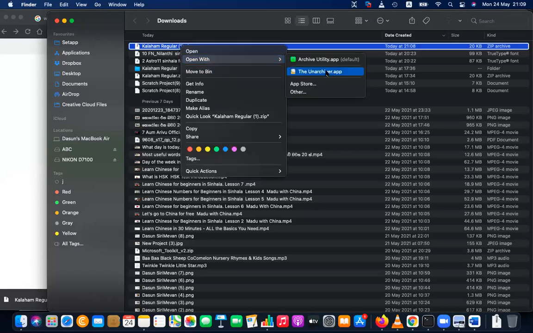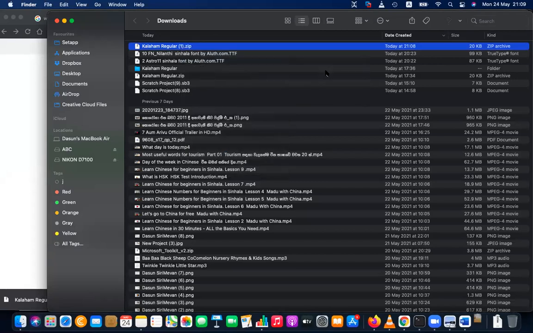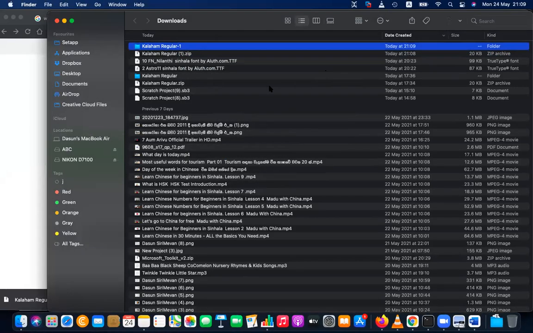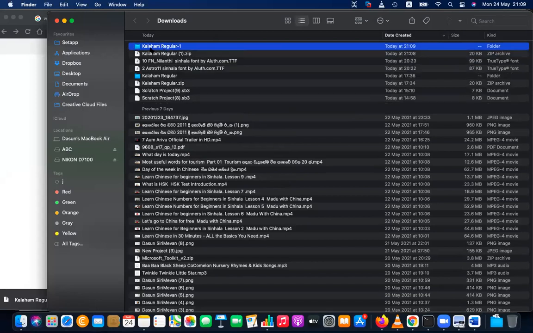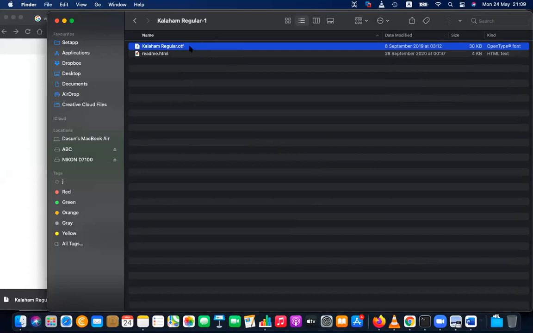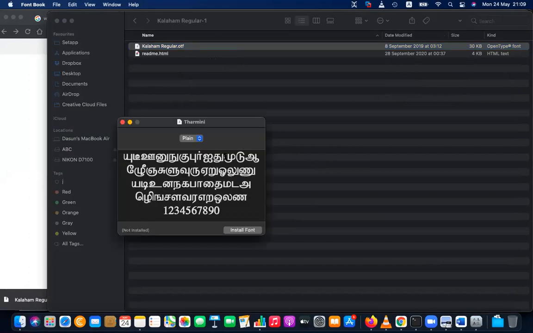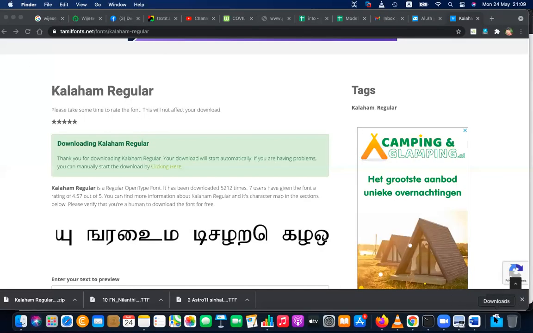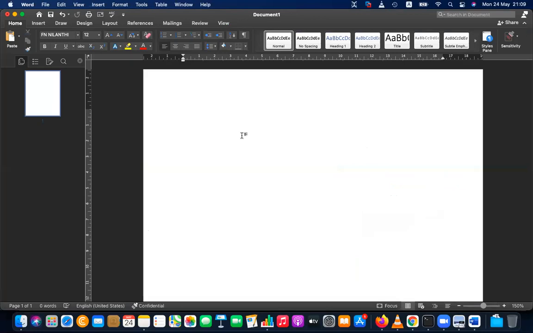I'm always extracting using Unarchiver, but you can use your extraction tool, the Windows extraction tool, and extract that. Then you will get the folder. Go inside and double click on the font. This is an OTF font. Double click on that and then click install. After installing, you will get that available here.